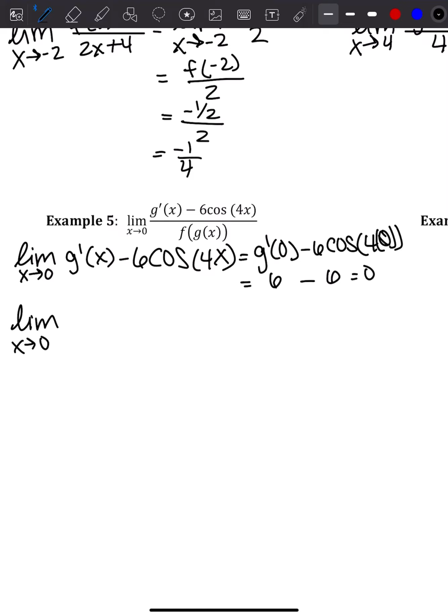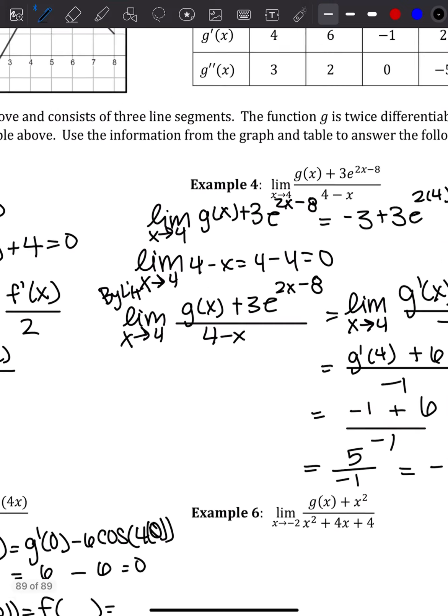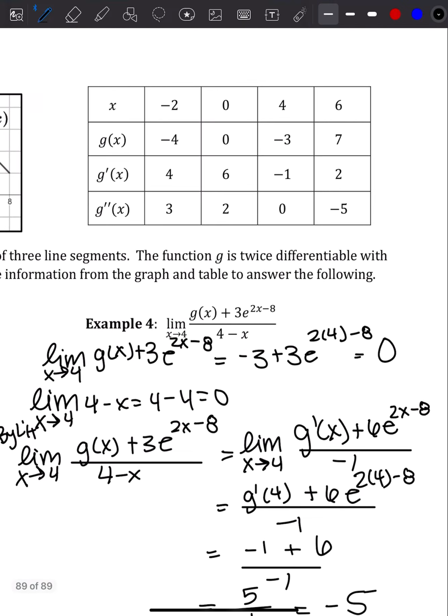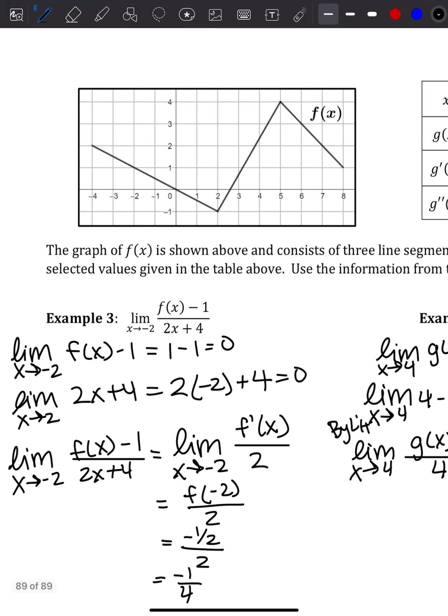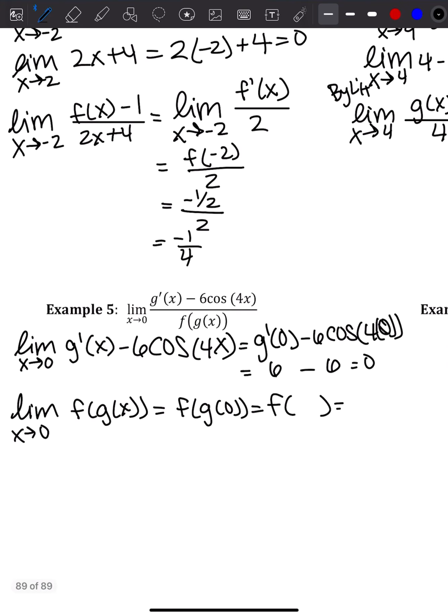The limit as x approaches 0 of f of g of x. So we are going to find g of 0 first. Whatever we get there is what we're going to plug into f of x. So g of 0 is 0. So now we look at f of 0, which is also 0. So by L'Hopital's rule,